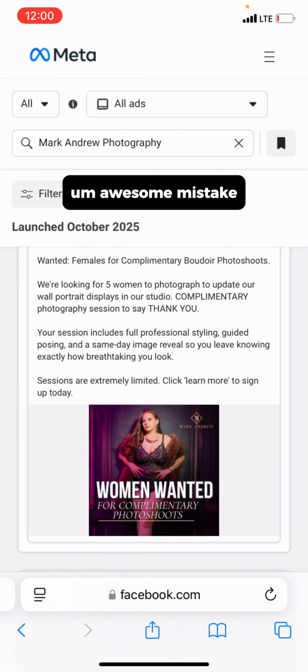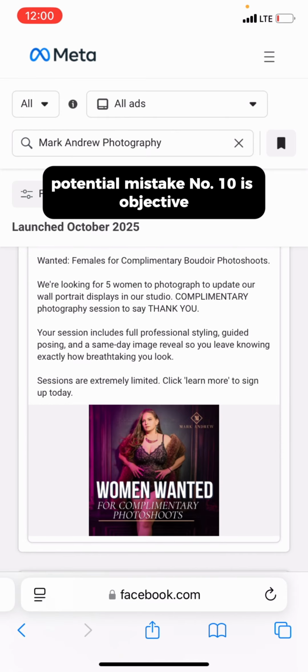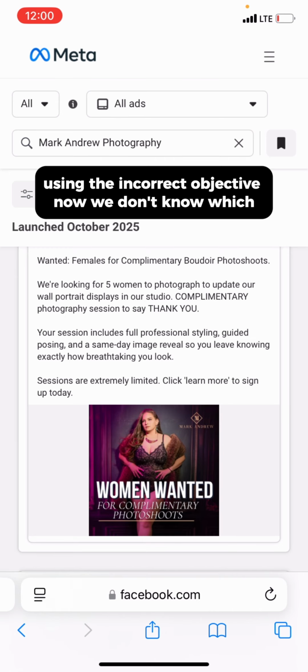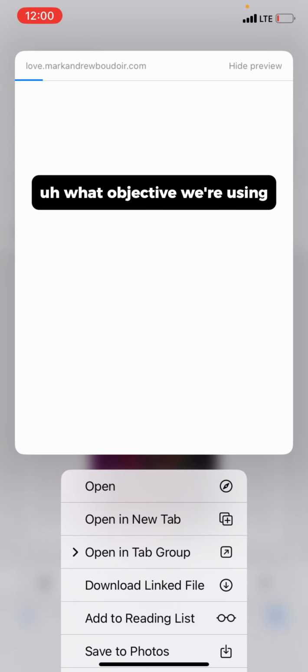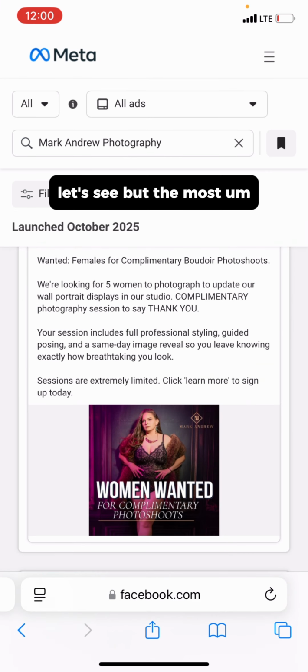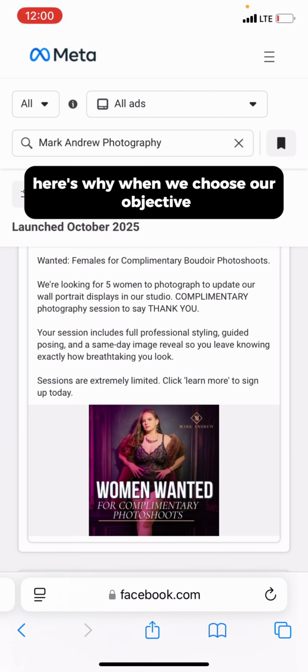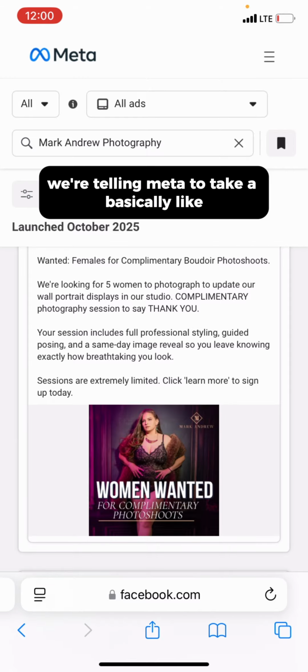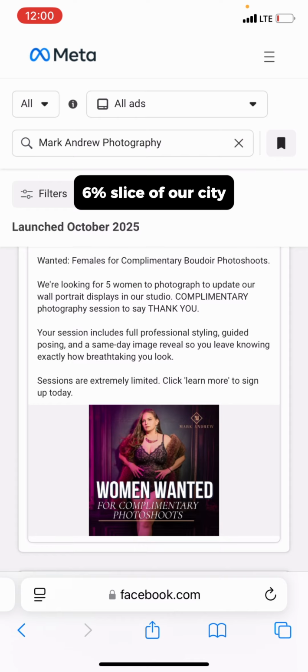Awesome. Potential mistake number 10 is using the incorrect objective. Now, we don't know what objective we're using, but the most often used objective is leads. Well, leads is always the incorrect objective. Here's why. When we choose our objective, we're telling Meta to take basically like a 6% slice of our city,